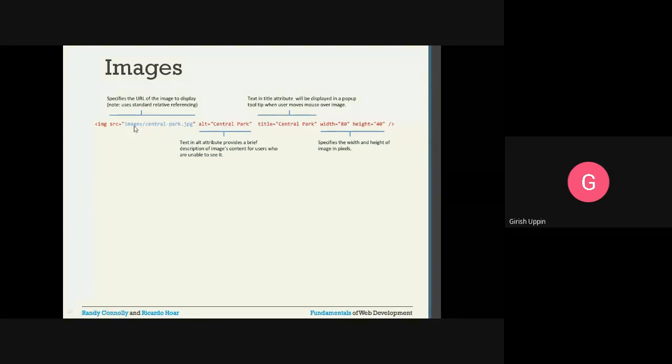Wherever the HTML is, having this particular HTML element inside it, it will look in that folder, look for the images folder, and inside the images folder it will look for this particular file. So src specifies the URL of the image to be displayed.